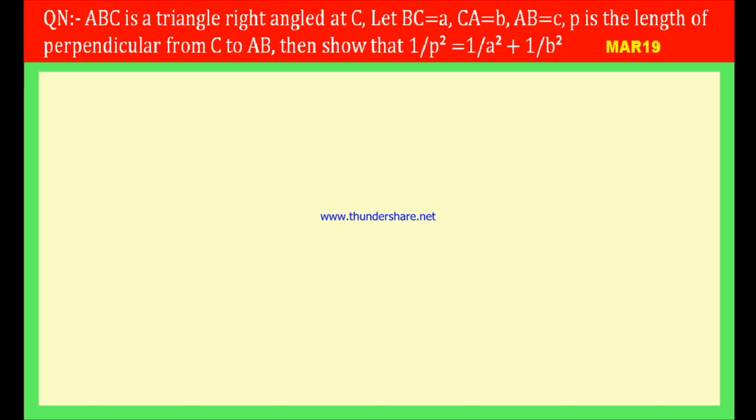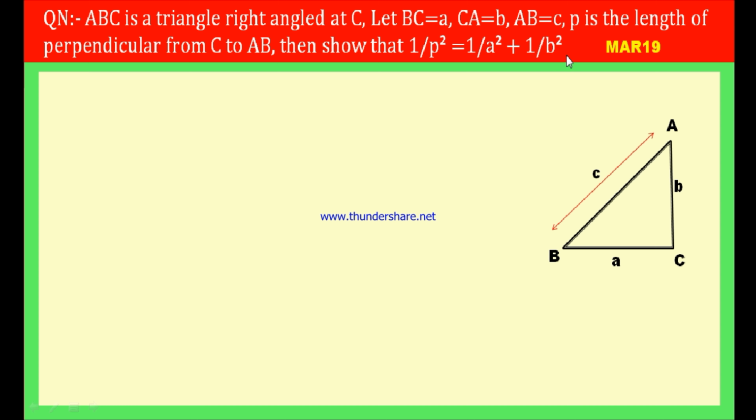For any geometric question, the diagram is the heart of the question. First of all, you should draw the diagram. ABC is a triangle and right angle at C, angle C is equal to 90 degrees. Generally, in any triangle, the side opposite to vertex A may be represented with small a units. The side opposite to vertex B is small b units and the side opposite to vertex C is small c units. These are the sides of this triangle ABC that is given in the question itself.